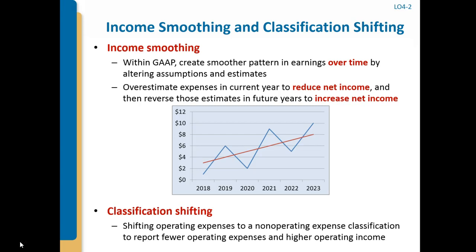This type of manipulation creates the appearance of stronger performance for the core reason the company's in business. While bottom line net income remains unaffected, investors and creditors may think the core business could be stronger than it